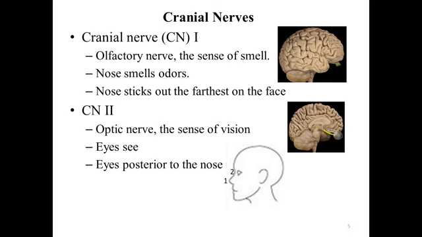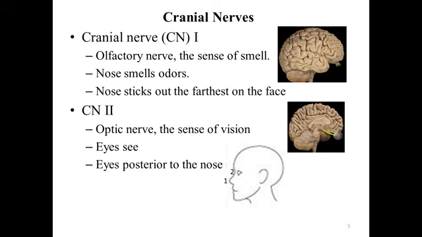To begin learning the cranial nerves, first think of your face. Cranial nerve 1 is the olfactory nerve with the function of the sense of smell. Cranial nerve 2 is the optic nerve, which provides the sense of vision. The nose smells odors and is the most anterior. The eyes see and are posterior to the nose. So touch your nose and say olfactory nerve, cranial nerve 1, and point to your eyes and say optic nerve,